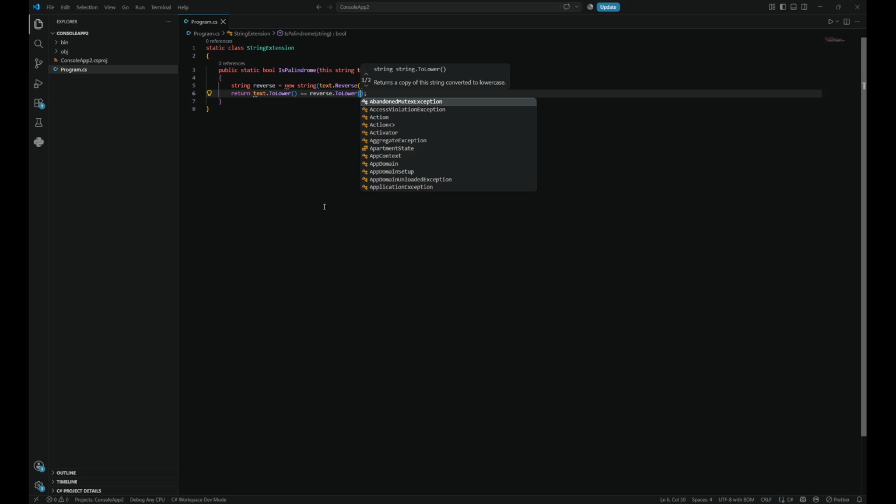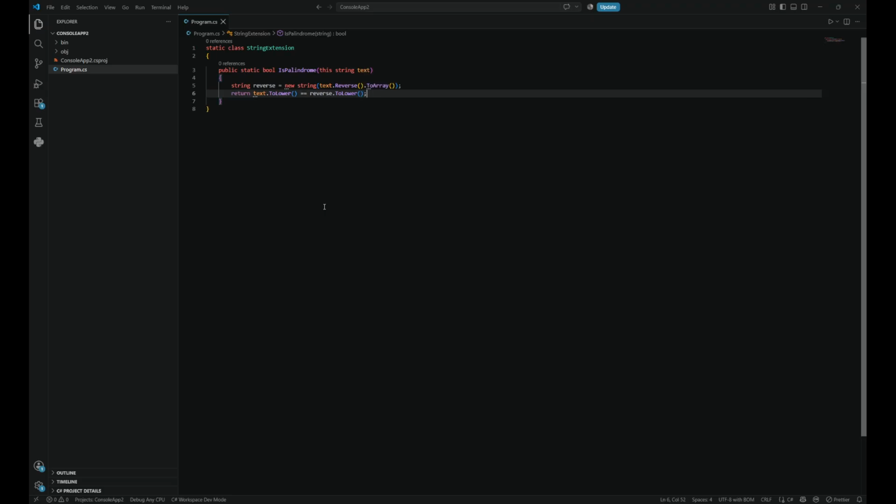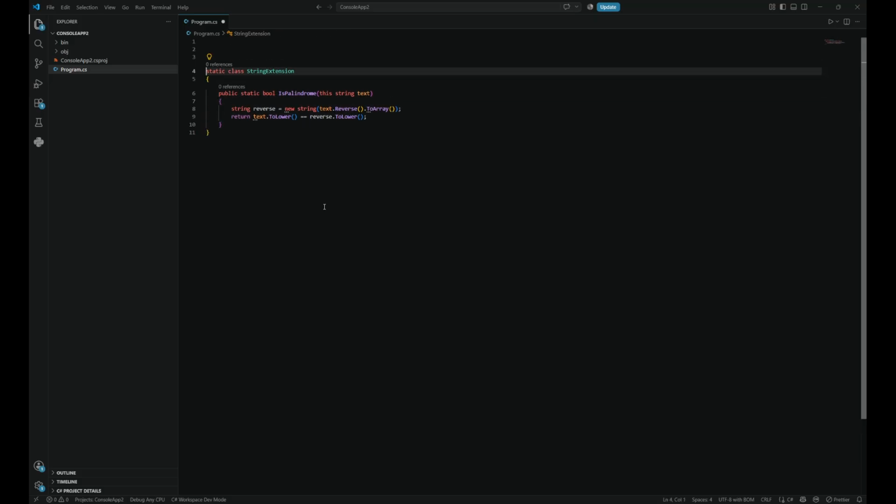Inside we reverse the text and then compare it to the original, ignoring case, just checking if it reads the same forwards and backwards, right? And maybe we're gonna have an example. Let's see here. We're gonna have string word, maybe racecar, right? Word, racecar,